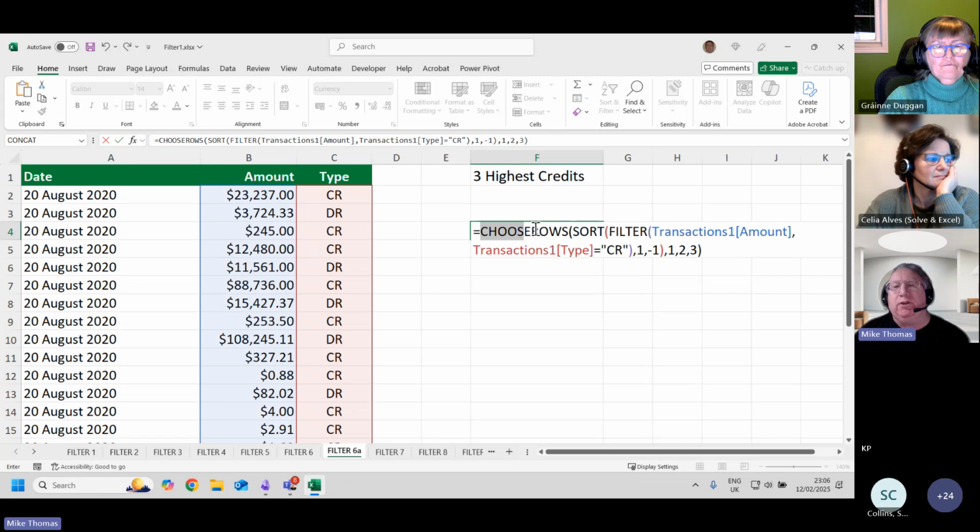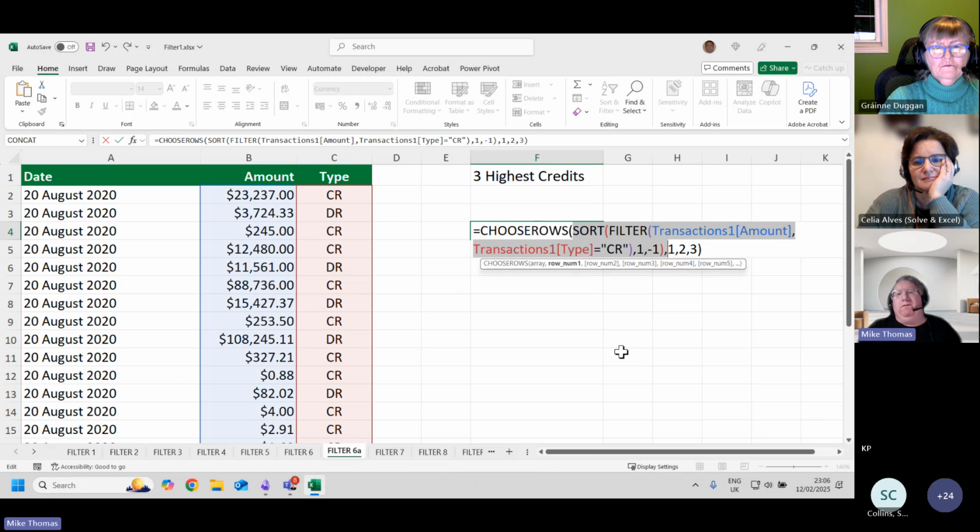I'm still using CHOOSEROWS, still picking the first 3 rows, but what I'm picking the rows from is the sorted version of the filtered data. As I always say to people, if you've got multiple functions, work from the middle